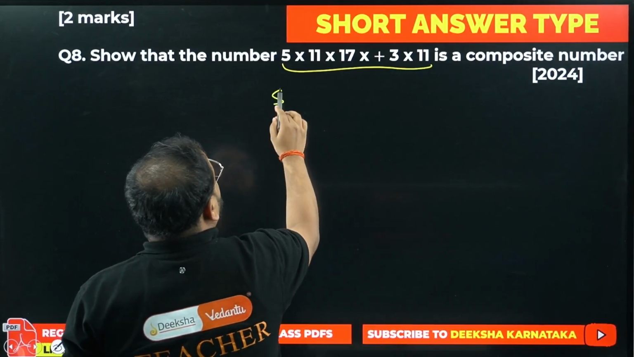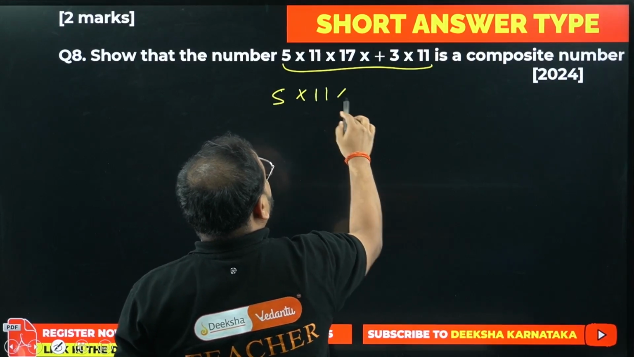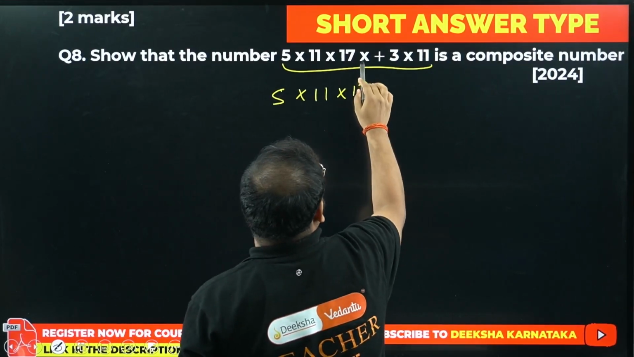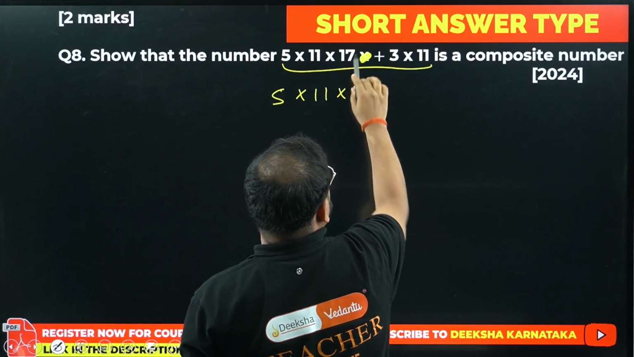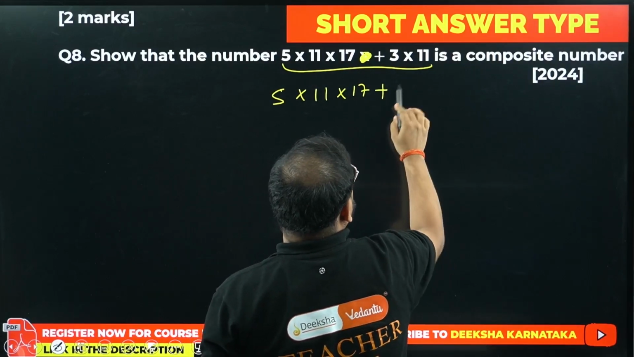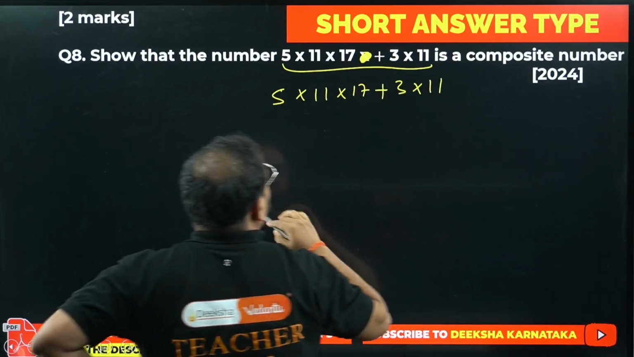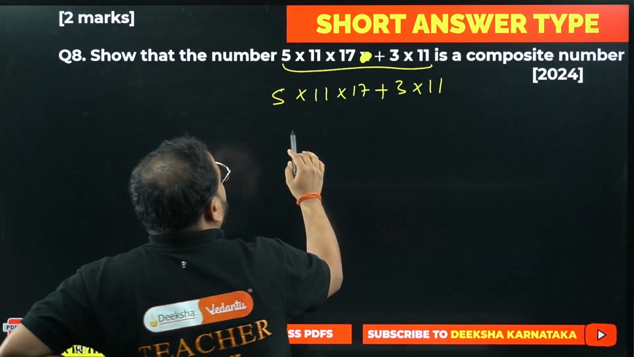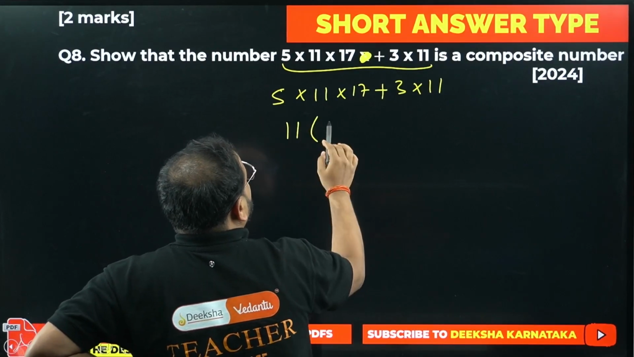So what is the number given? 5 times 11 times 17 plus 3 times 11. Okay, that's a printing mistake, there should not be times over here. That's just a typing mistake, please forgive me. I'll take 11 common over here. I get 11 times 17 times 5